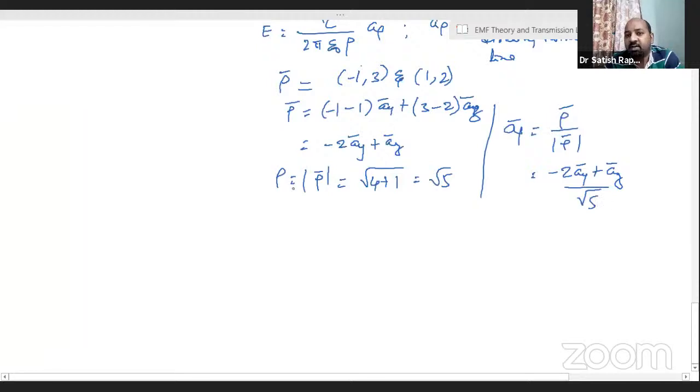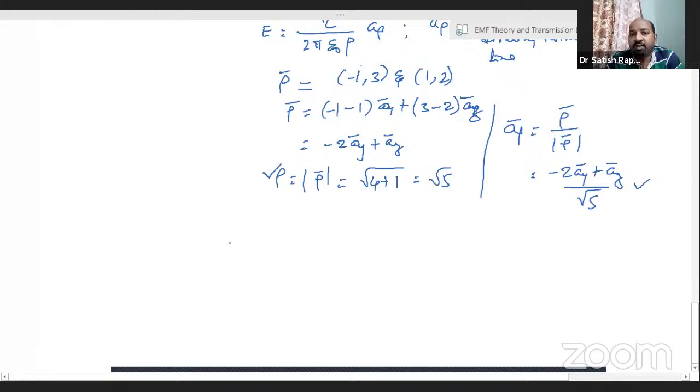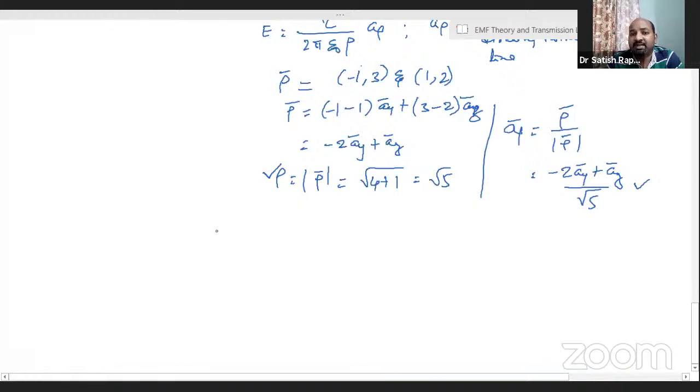So we have rho, the scalar distance, and we have arrow bar. So therefore, E bar, the electric field at a point, is equal to rho L